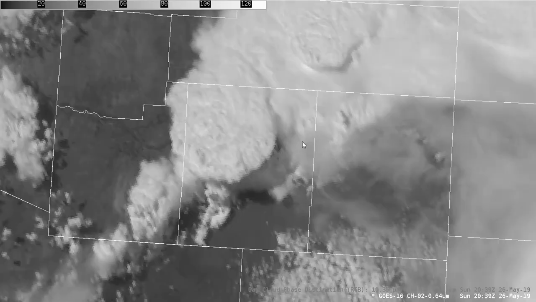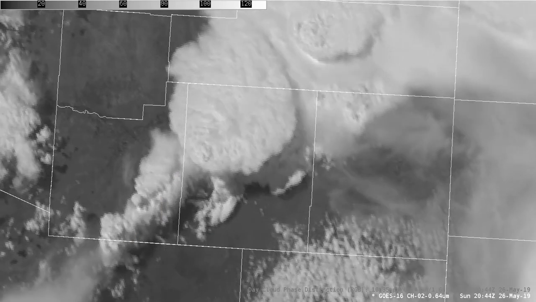Let's look at the 1-minute imagery with an eye towards maximizing the information that we get from the imagery. So here's the overshooting top associated with Storm A. Here's the flanking line. And here's additional convection that's going along the dry line southwest of the storm. If we go a little bit later in time,